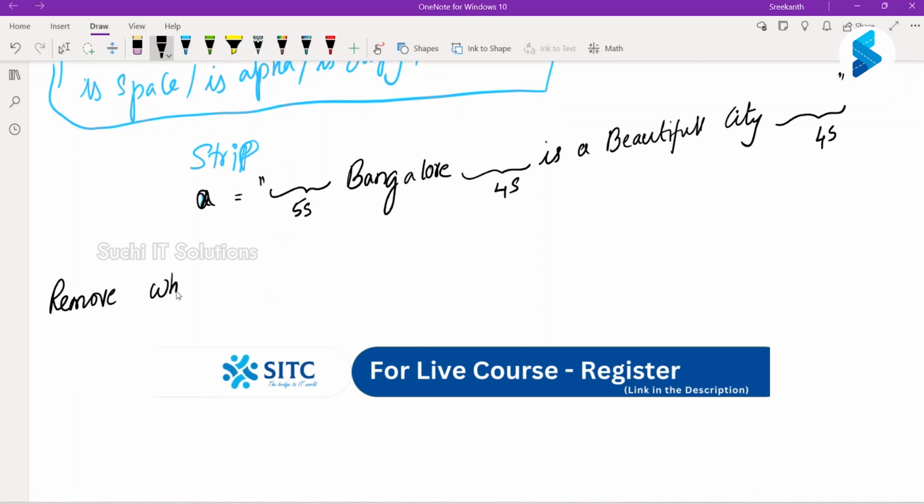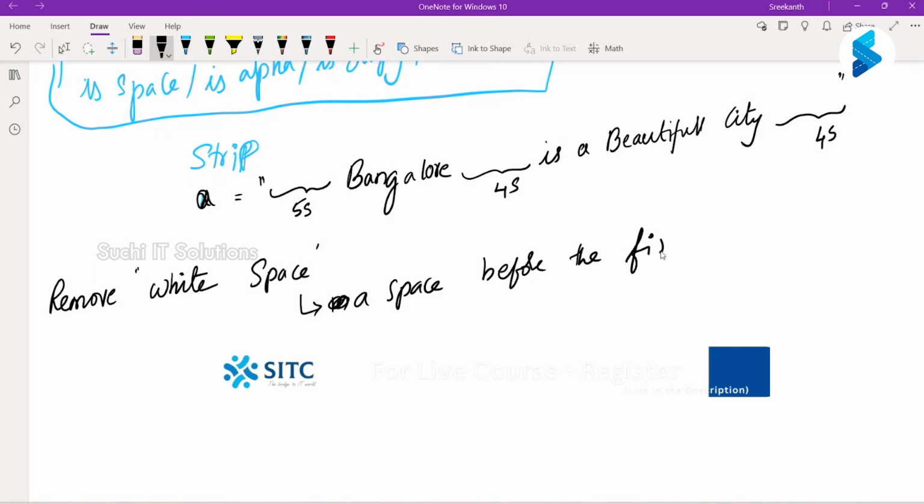Remove white space. Now what is a white space? A white space is a space which is there in front of a string, a space before the first character of a string,